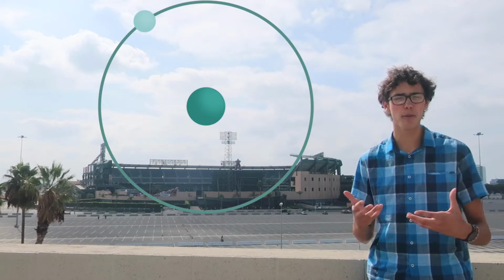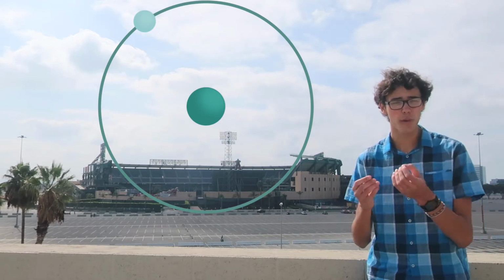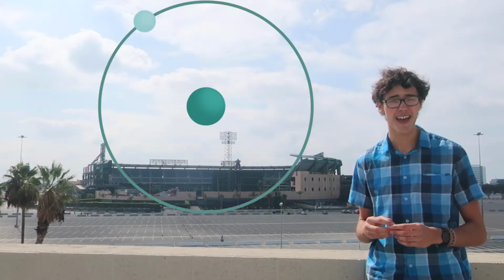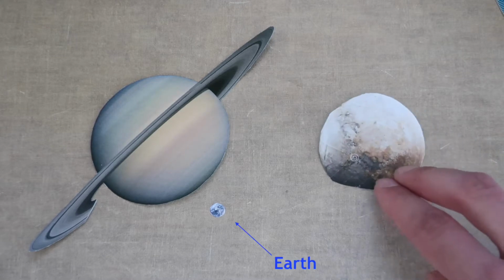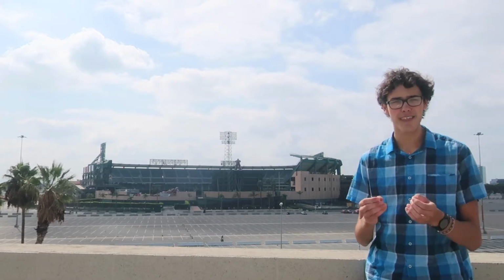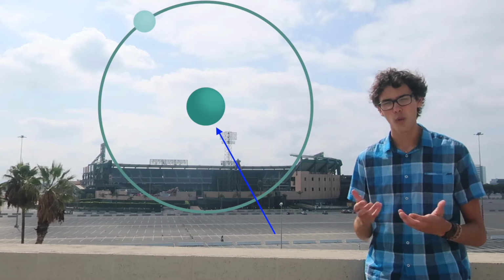At this level, our brains simply can't understand what these sizes even mean. At this scale, that original grain of sand would fill up a space 435 times that of Earth. Think about that, a grain of sand expanded to half the size of Saturn. So if we take this baseball stadium to be the size of a hydrogen atom, how big would that proton in the center be? Well, about the size of a grain of sand, less than a millimeter wide.